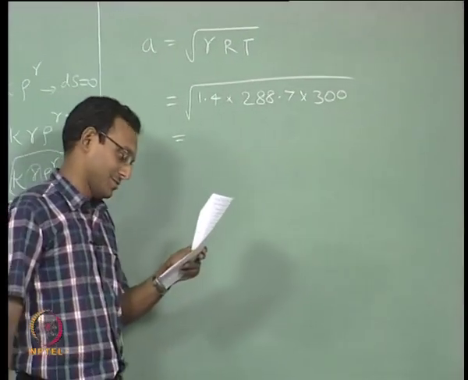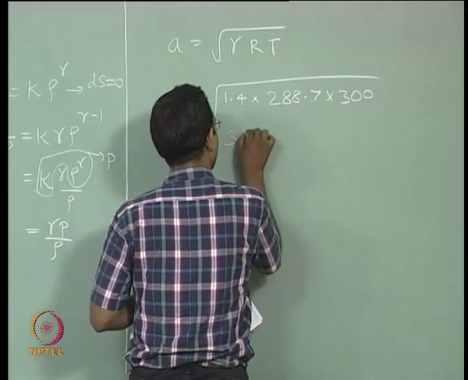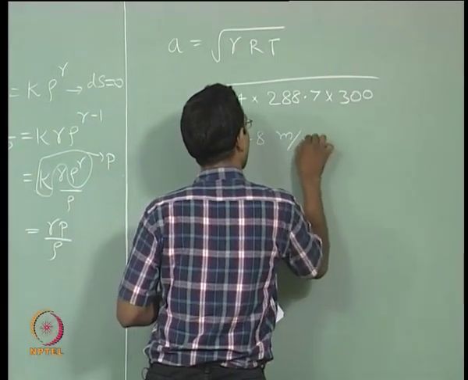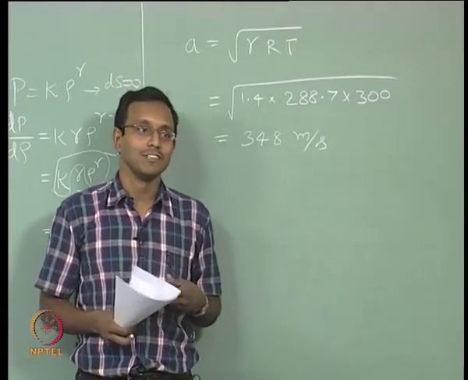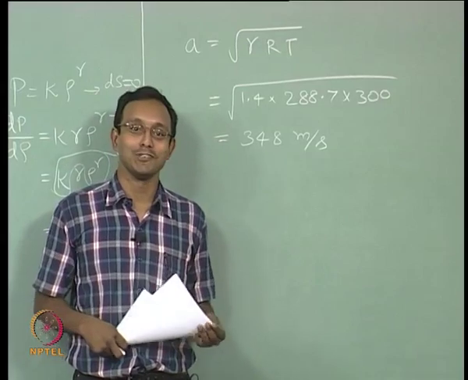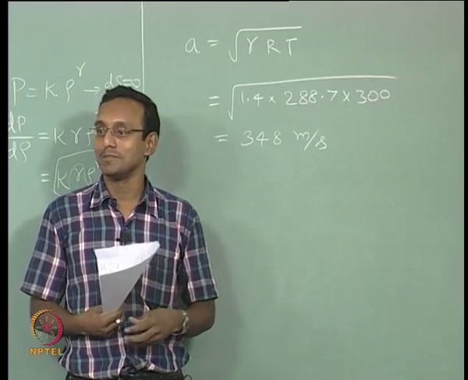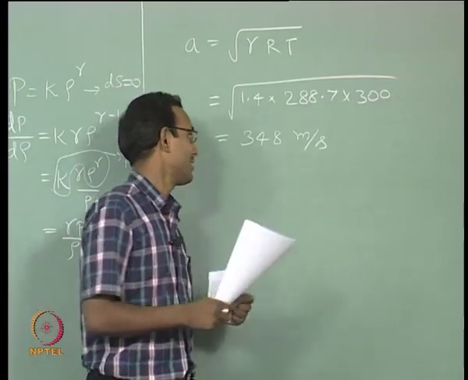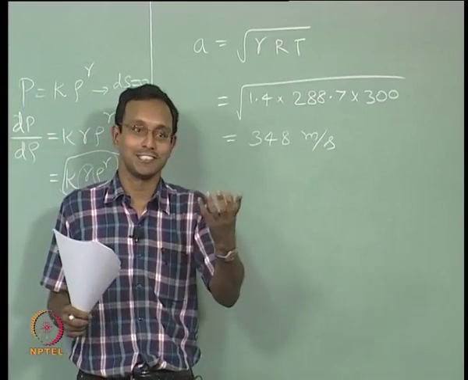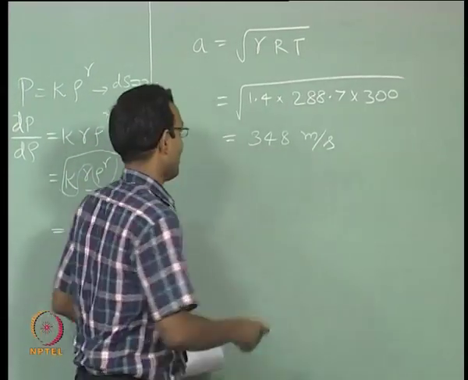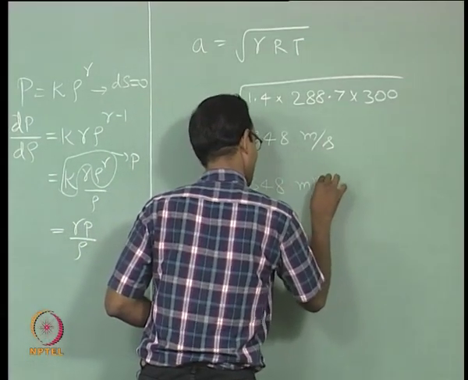this is the number I used, and that number comes out to be roughly 348 meters per second. Okay. Of course, you are so much used to calculating stuff assuming 300 meter per second is the speed of sound, it is not really, yes, 348 meter per second is close. Okay. But think about it in a simpler manner to have a feel for how fast the speed of sound is. I will just rewrite this as